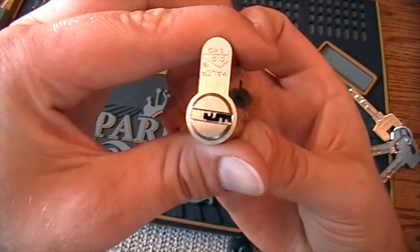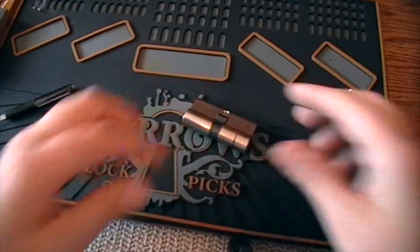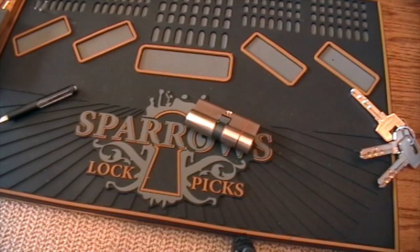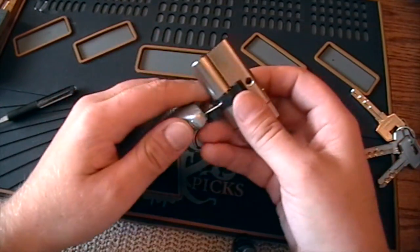As you see, it's picked. I just locked it up, and we'll gut this. I've never gutted this one before, so if this takes me a long time, I'll just